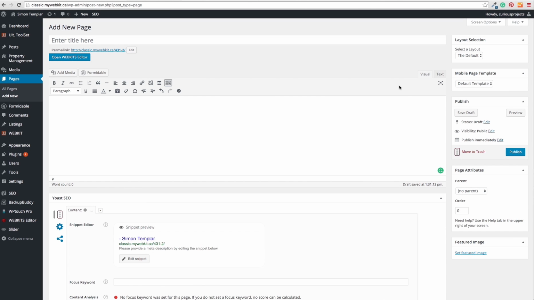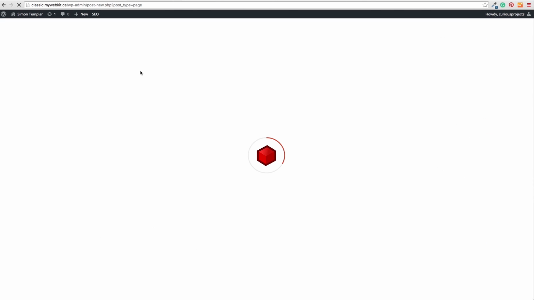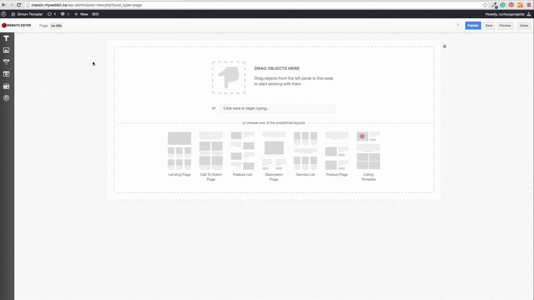In today's lesson, we're going to do an overview of the WEBKIT editor. When you create a new page, or you go into an existing page, you're going to want to click the Open WEBKIT's Editor button to launch it. This will launch a visual drag and drop interface over top of WordPress that allows you to lay out and